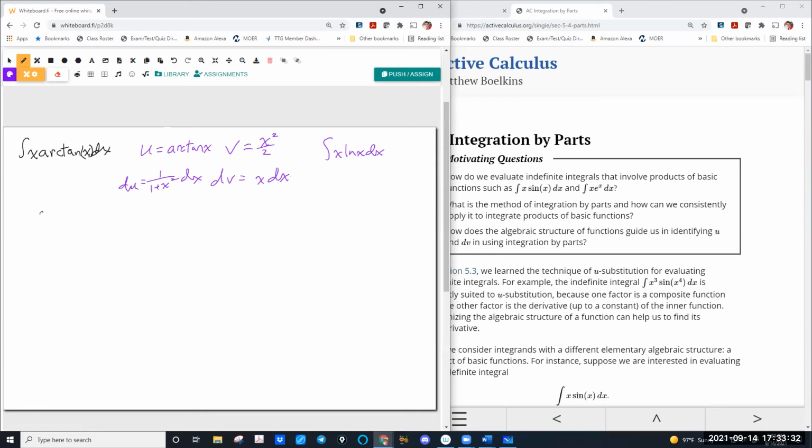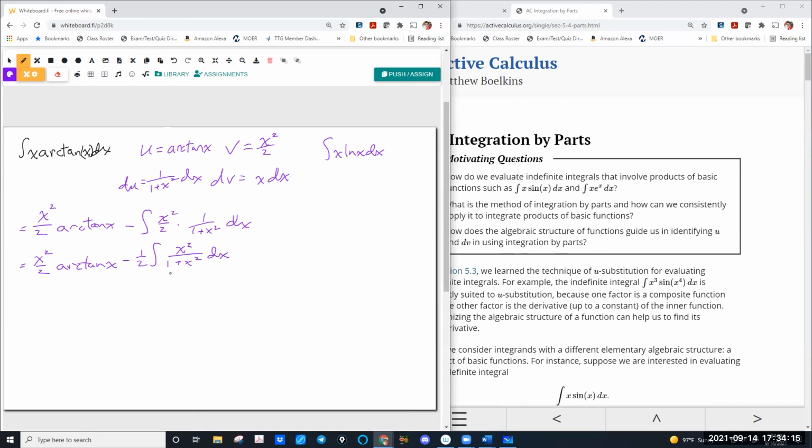So uv, x squared over 2 arctan x minus the integral of v du, which is x squared over 2 times 1 over 1 plus x squared dx. I'm going to clean this up. This part's done. x squared over 2 arctan of x. I'm going to pull the 1/2 out, so I'm going to have minus 1/2. I like pulling my constants out. And then I've got x squared over 1 plus x squared